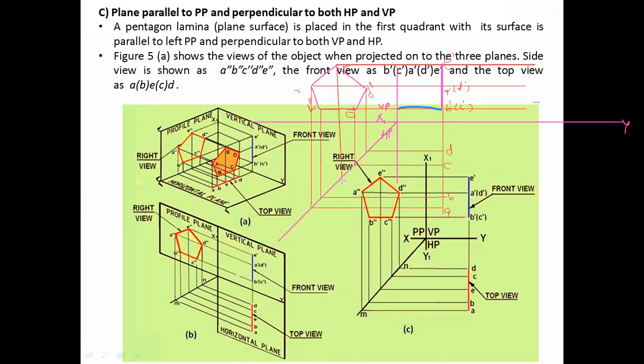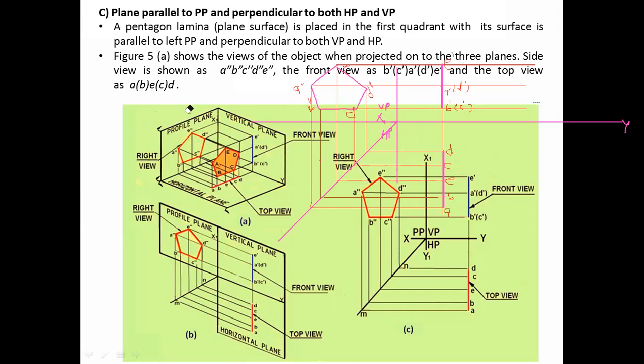And now we will take E. It is up to like this, and then from here. Isn't it? So now I will draw that projection. Okay, that's it. It is done.